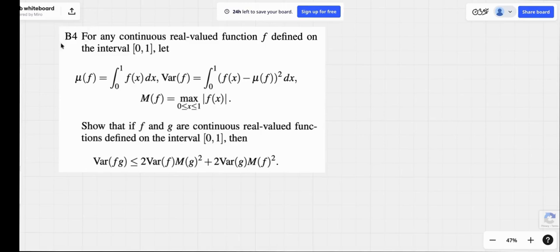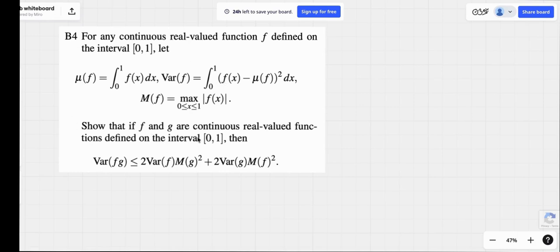So this is problem B4 from the 2013 Putnam, and it says that for any continuous real valued function f defined on the closed interval 0 to 1, if we let mu equal the integral from 0 to 1 of f of x, and we let the variance of f be defined as the integral from 0 to 1 of (f of x minus mu of f) squared dx, and we denote capital M as the maximum of the absolute value of f,